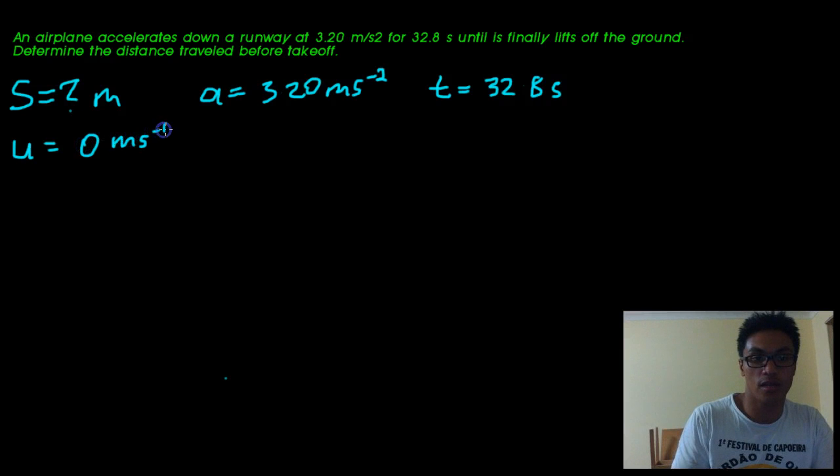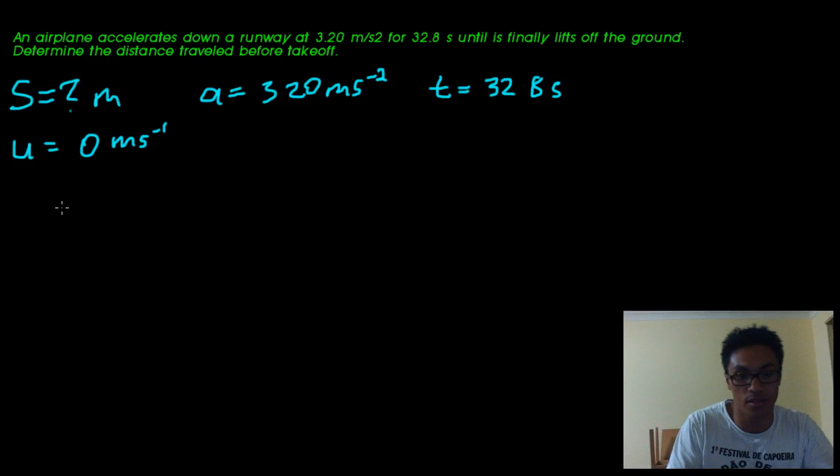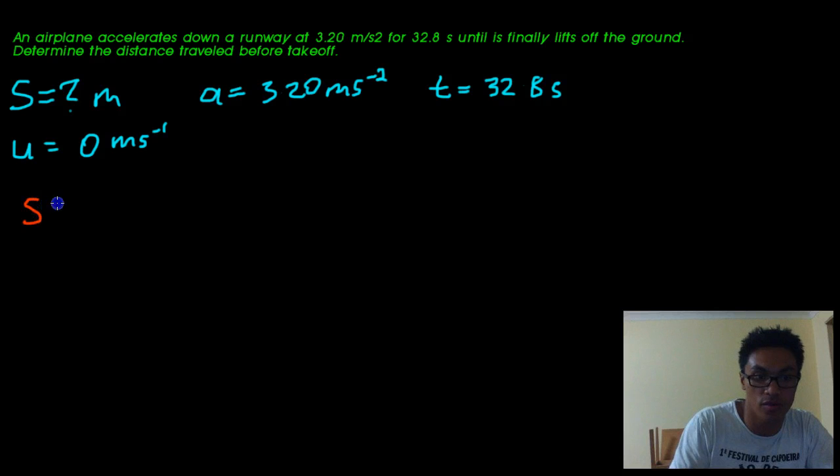But you'll see when we calculate it, this is actually irrelevant. So it doesn't actually matter what the initial velocity is. But because we're going to be using our kinematics equation, it can become relevant. Okay, so in this particular instance, you need to choose which kinematic equation you're going to use. Because we want to find displacement, we will use displacement equals ut plus